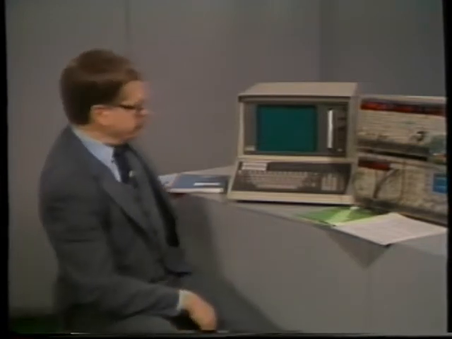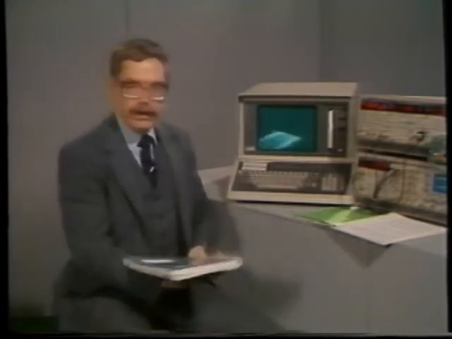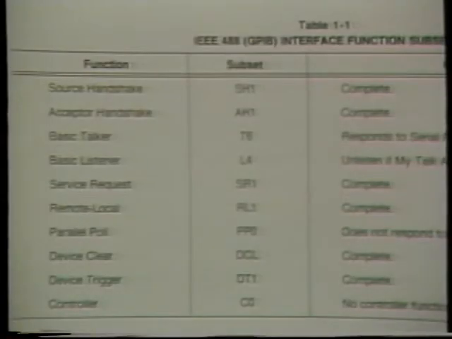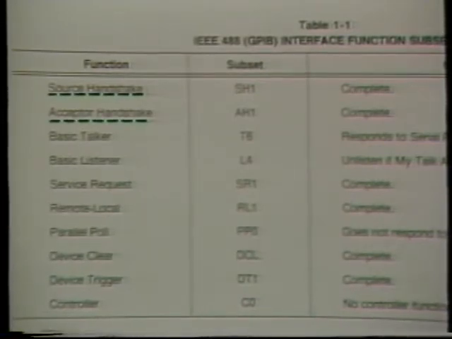IEEE 488 defines 10 functions to describe the characteristics and compatibility of a device on the bus. You'd normally find an instrument's compliance with these functions described in the instruction manual of the instrument. The functions are source handshake, the ability to lead a byte-by-byte transaction; acceptor handshake, the ability to receive such a transaction; talker, the ability to talk on the bus, that is, put bytes on the data bus; listener, the ability to accept data from the data bus; service request, the ability to interrupt the controller to ask for service;